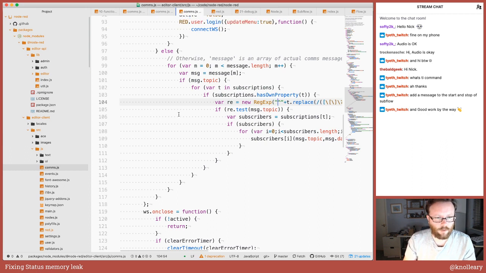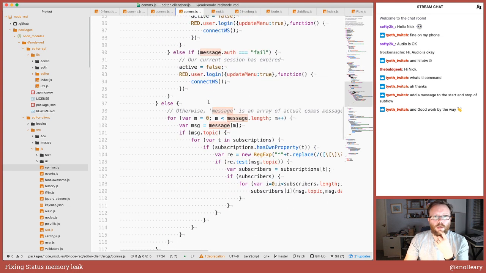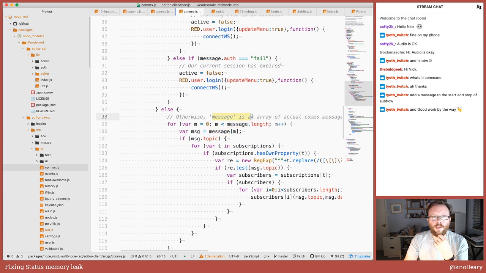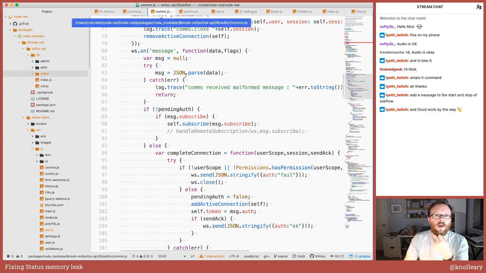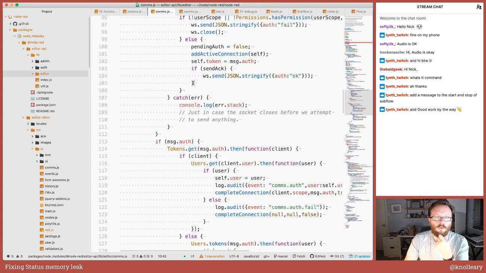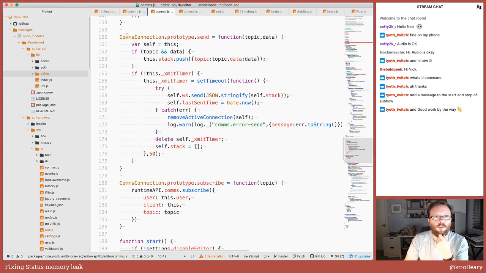The editor, have I jumped to the right place? Yeah, so on the editor side, on this on message, it receives the data and parses it, and it already expects the message to be an array of individual messages. And that's because in here, back in the runtime side,